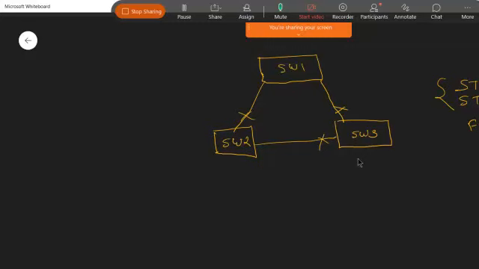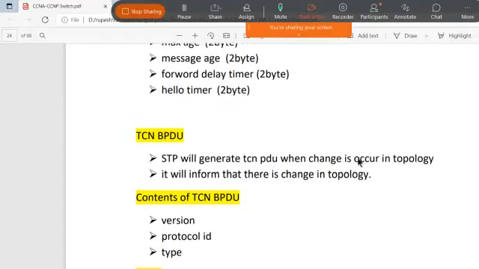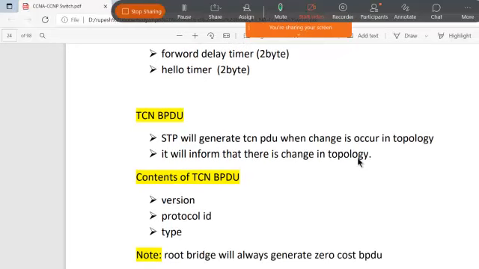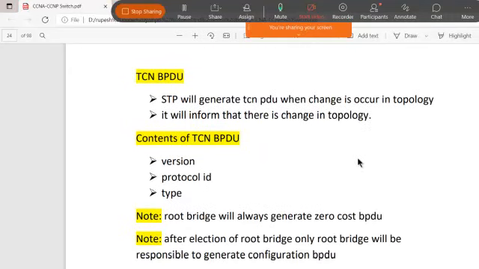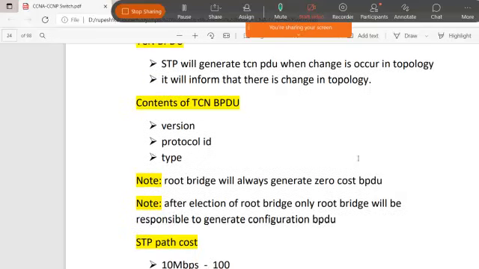The TCN BPDU gives the information about any kind of change in topology. The content it generates is the version, protocol ID, and type.